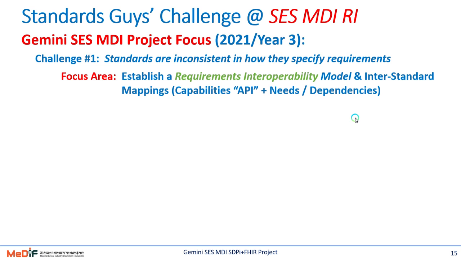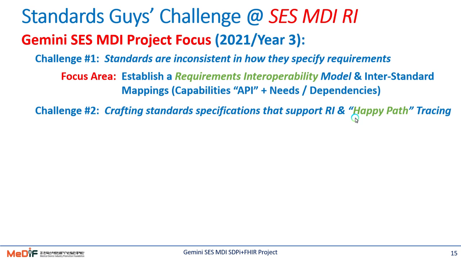So, a focus area is to establish a requirements interoperability model and inter-standard mappings, where we take the capabilities provided from one standard, maybe a standard API, and the needs or dependencies of another standard, and we link those together. We show how one standard can meet the needs and dependencies of another standard. That's the strategy we're taking. And to do that, you have to have a consistent way of mapping and linking, and that's a requirements interoperability